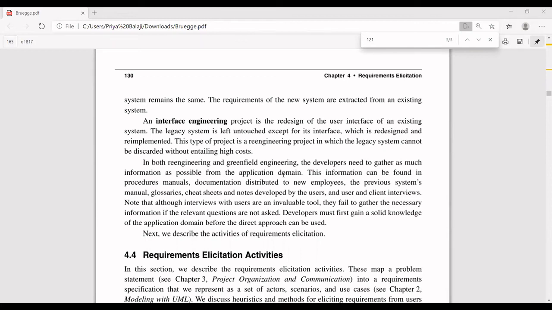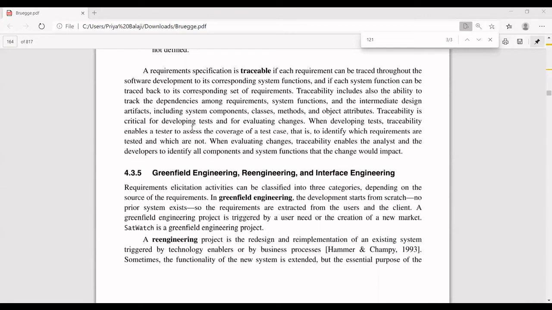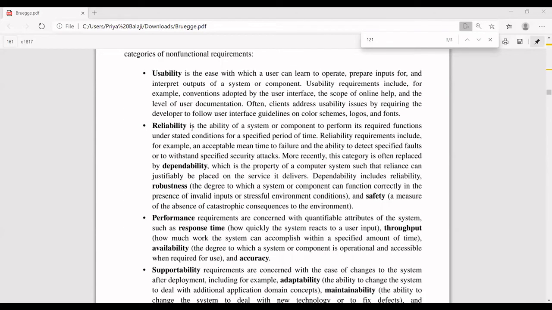So here you gather so much information. The information can be in the form of a document, or it can be given in the form of a manual, or you can get information from the previous worker or previous people who have implemented it. Like that, you can get the information. But interface design is only for the front end, what you're going to change, how catchy you're trying to make your front end. So that is the use of interface engineering. So these are the activities for your requirement elicitation. So these are the requirement elicitation concepts.